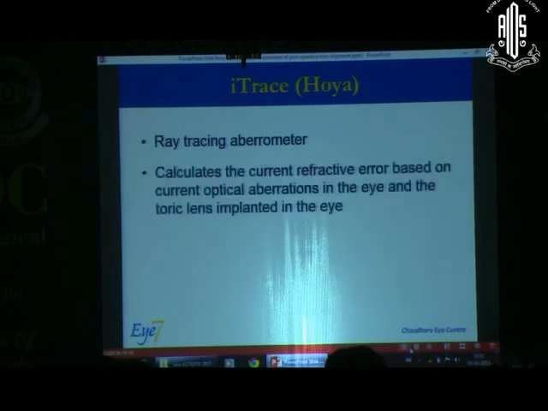Here's another method called the eye trace. Eye trace is an aberrometer, and the principle of this aberrometer is it takes an aberrometer picture. It tells you what are the optical aberrations